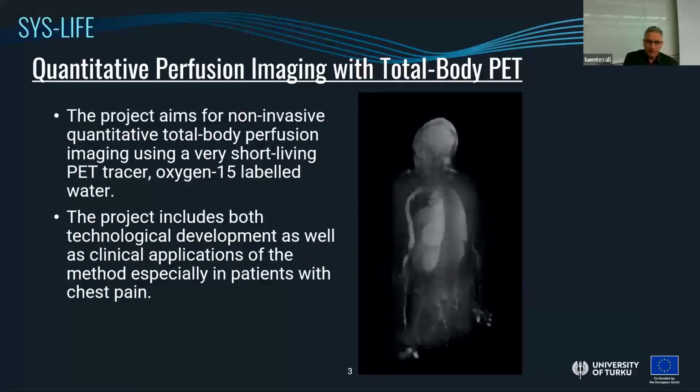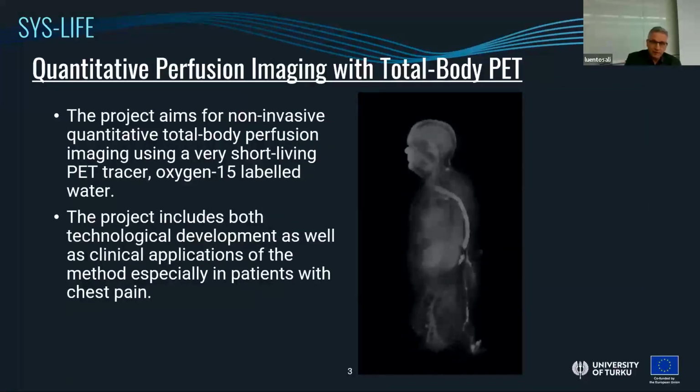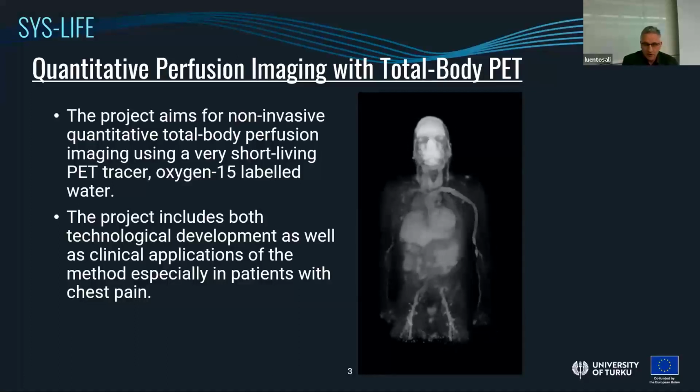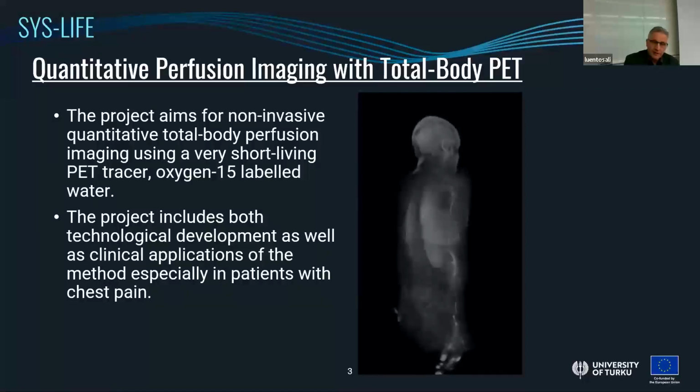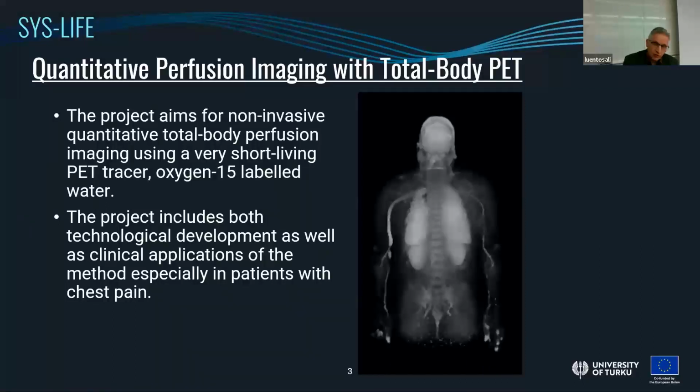The other one is a more recent one, which is the quantitative perfusion imaging with a total body PET. So it means that you can image the whole body at the same time. That allows us to really quantify in absolute terms the perfusion in any tissue in your body. And this is now an ongoing process. We have already recruited 300 patients for the trial, so it's a prospective trial. But there's a lot of potential to do nice research, focusing, for example, on the technology itself, the analysis platform, which is now already designed,